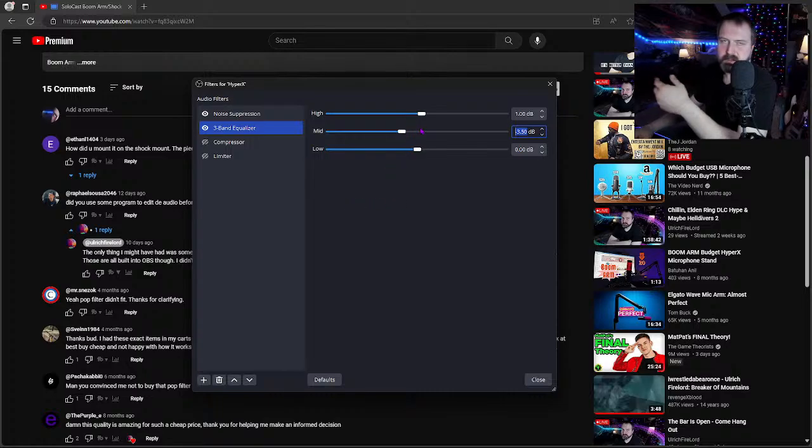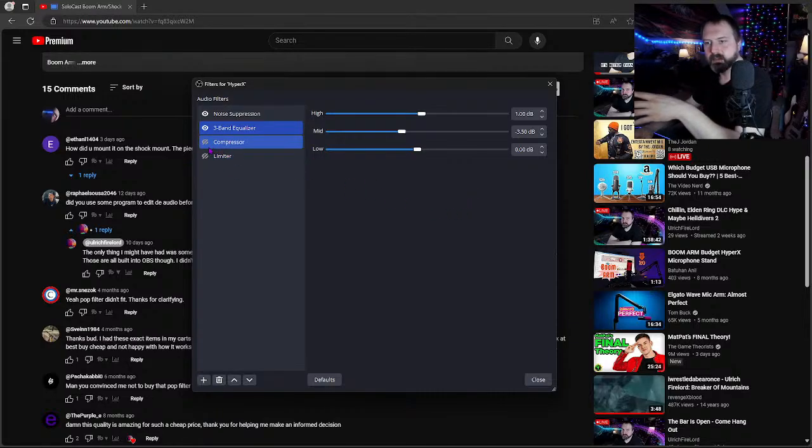I mean, it was like a $50 mic or something like that. At least, well, it might have been more. I got it for $50. I don't remember how much it originally is. And you can also see what this does, you know, when you change this around a little bit. But I have that around 1. And obviously, you can raise the bass up in your voice a little bit, or you can take the bass out. I kind of have that at 0 for now, though, because my voice is already pretty deep.